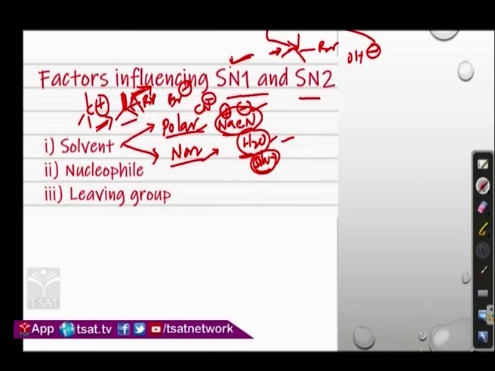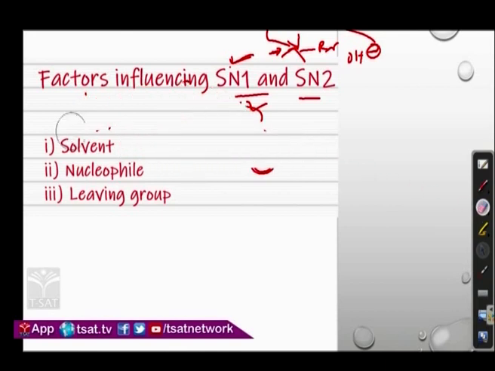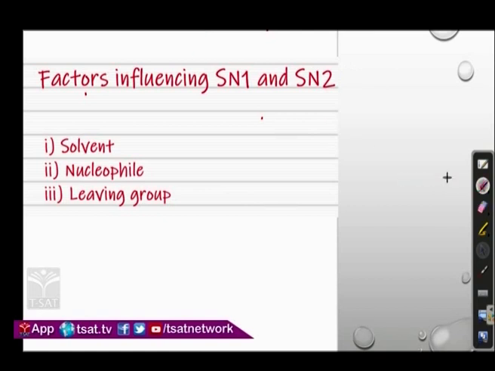Next condition, nucleophile. So our story begins with the nucleophile only. One condition for the nucleophile is strong, that is, highly reactive. The other condition is weak or lazy. I hope you understand this point. If it is strong, it will attack the starting material before the leaving group, bromine, is left, so it is only a forceful replacement, that is SN2.